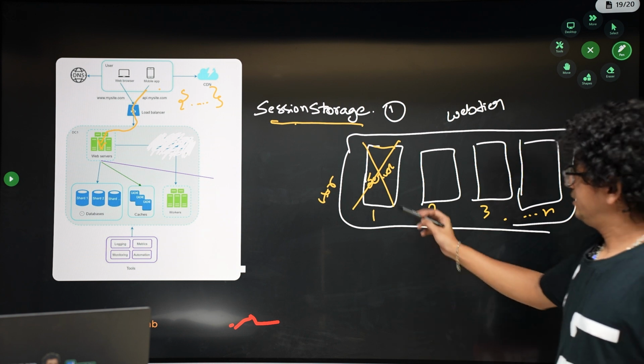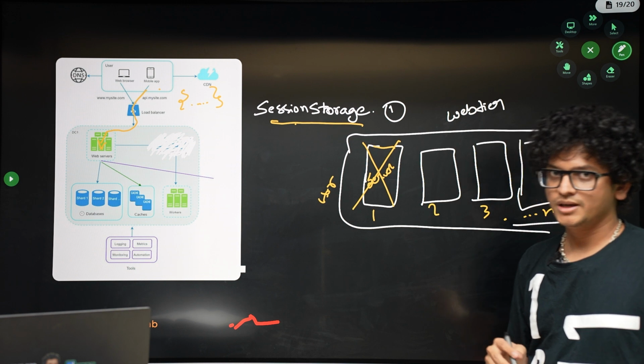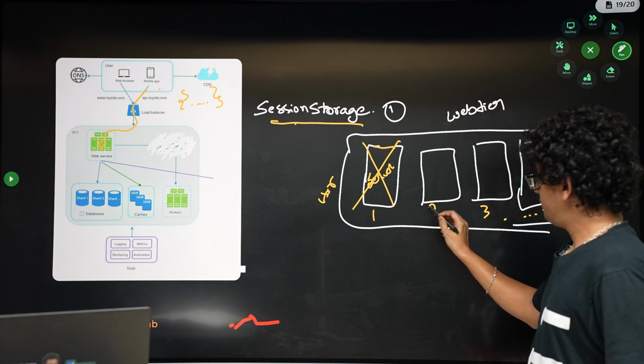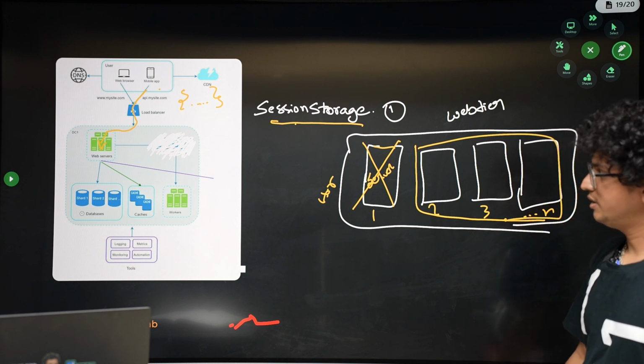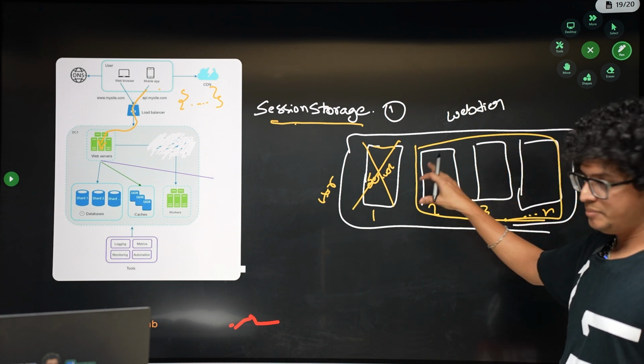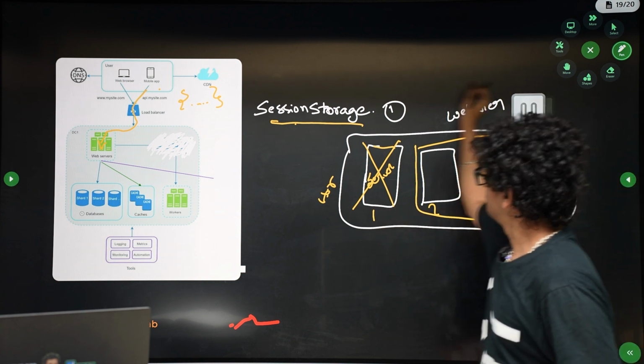And this server which has the session storage will not be able to respond to the different servers in the same network. Keeping this in mind, what we will be doing here is